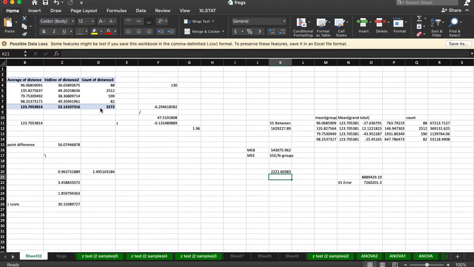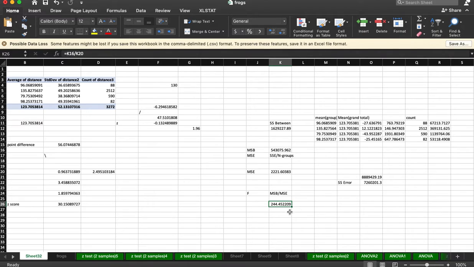There we go. So our mean squared error is this number. Finally, to get our F ratio, F is mean squared between divided by mean squared error. So we will just take mean squared between divided by mean squared error, and our F is gigantic at